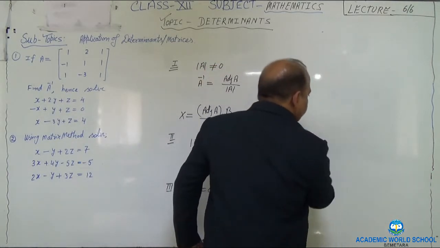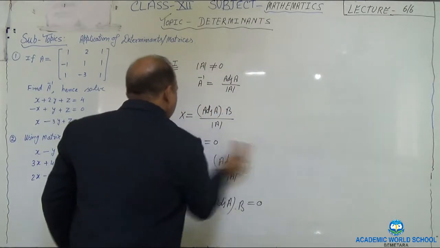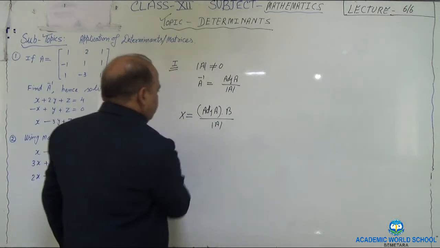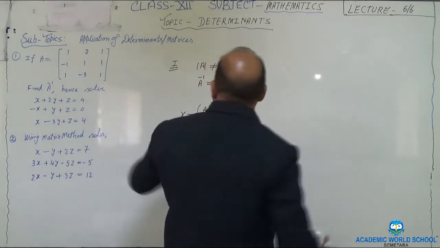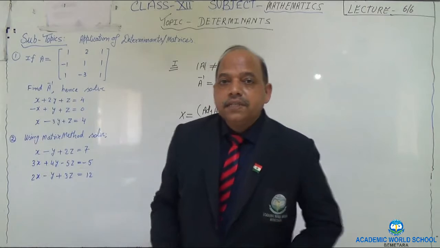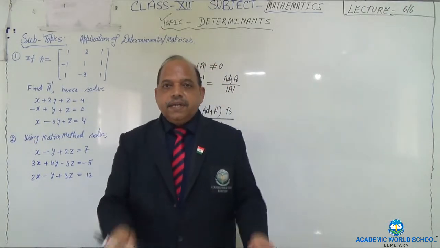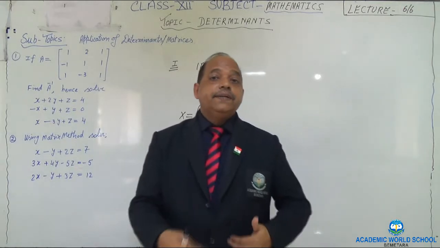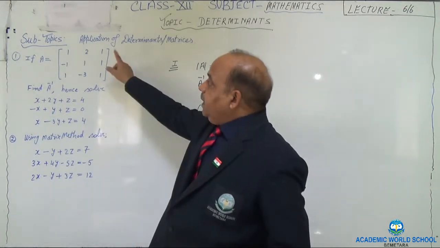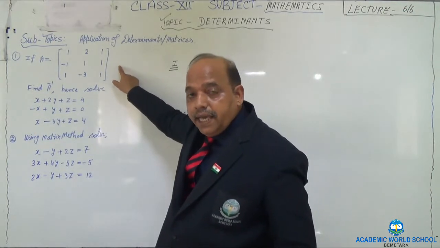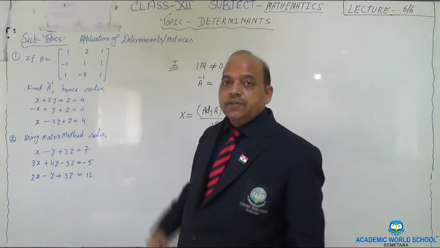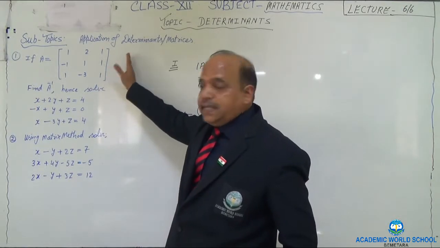So as I said, we will move step by step. So understand what this step by step approach is. First let me write down the question. See here in the first question, this also you need to understand. It is not that questions will be given directly and then you will be asked to find that. There are different ways in which a question can be presented. For example, over here it says that A is a given matrix. It says find A inverse. So first we have to find that, and after getting the inverse it says find this.